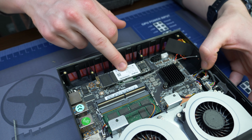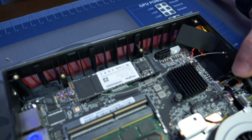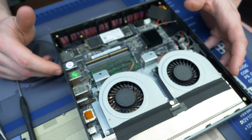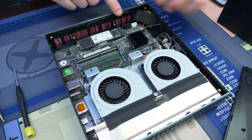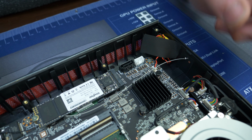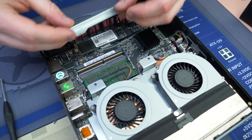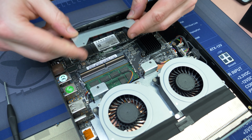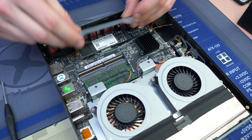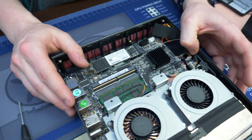Now, we do have an M.2. This is a 256 gig King Fast. I think we just saw that brand earlier when we were on Newegg. So don't know if it's NVMe, but we know it's an M.2 SSD. We have our extra SATA, and we have the weird conversion power adapter for it. And then you see these two here. I believe you'd take these, flip it like this, and then you'd be able to hook up your SSD to here. So it would not fit a hard drive, only 2.5 inch laptop drive or SSD,